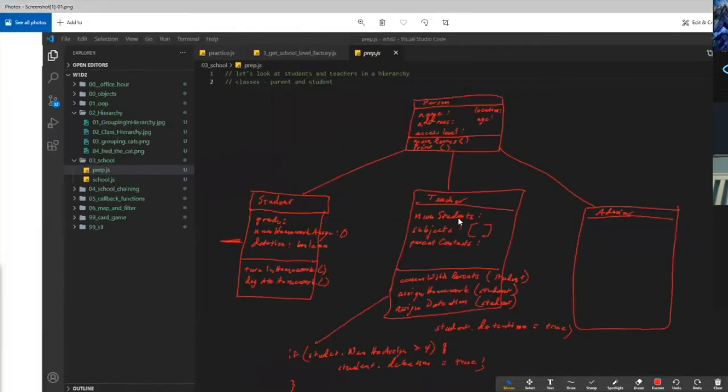We had talked about they could have a number of students, they can have an array of subjects, they can have parent contacts. We can have different methods, assigning homework, assigning detention. We can do communicating with parents. So let's go ahead and let's just add in